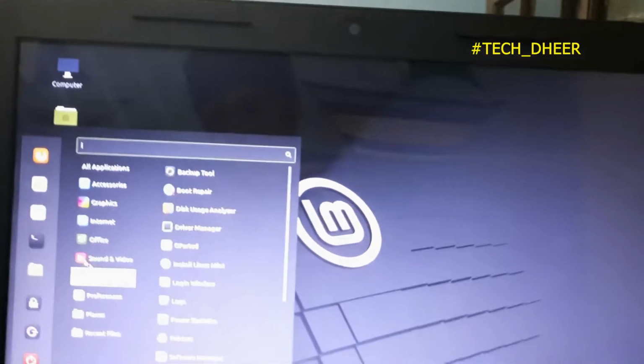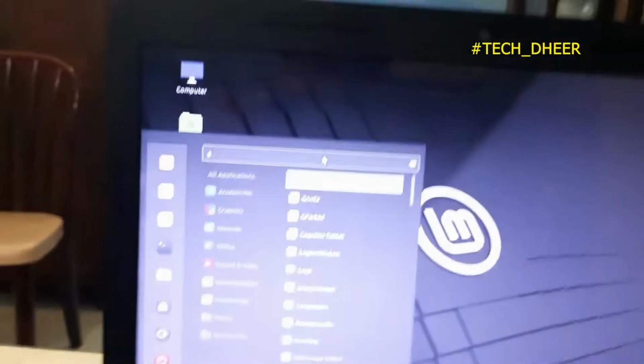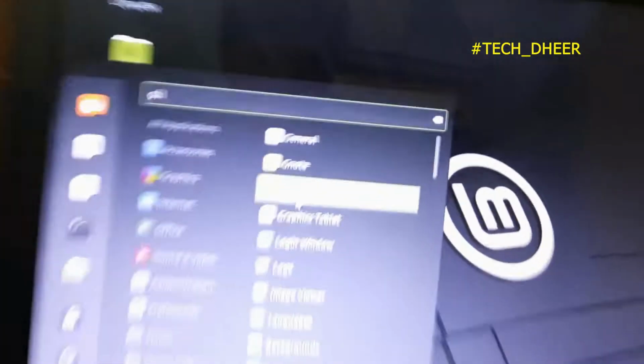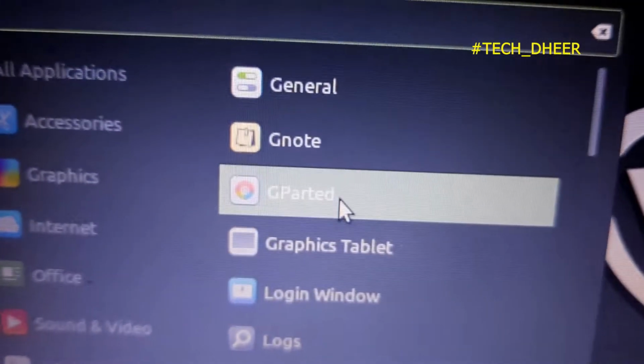Now we can go over here and search for gparted, which is this thing. I'll click on that, and it's based on your USB speeds. It might take time. Mine is SanDisk, so it's better.